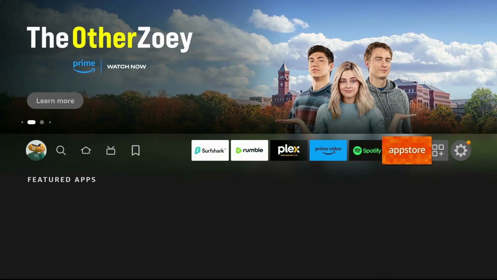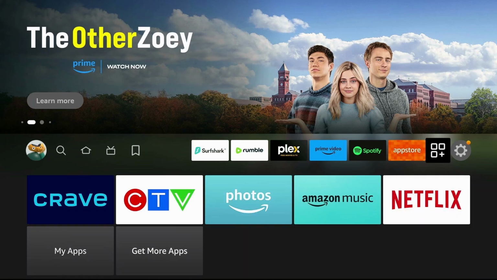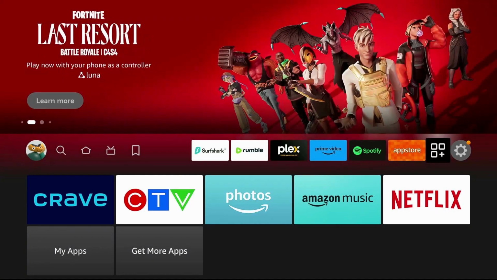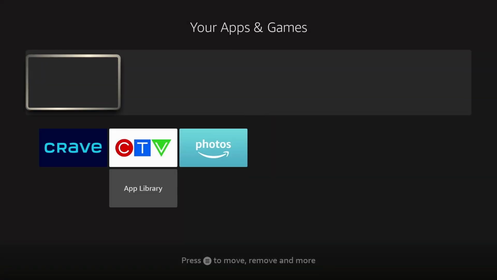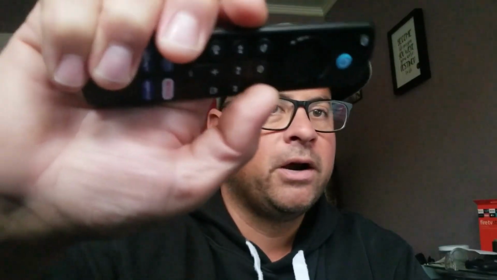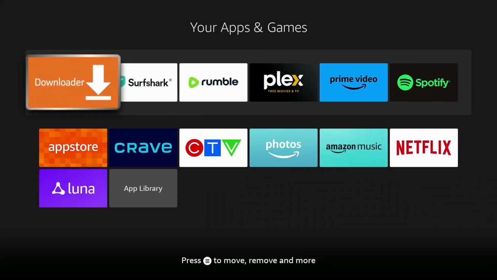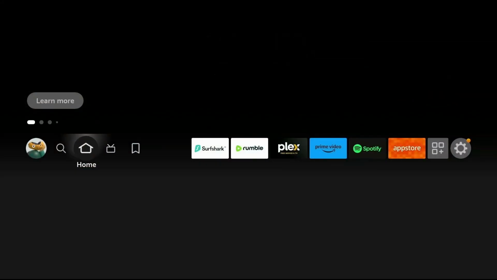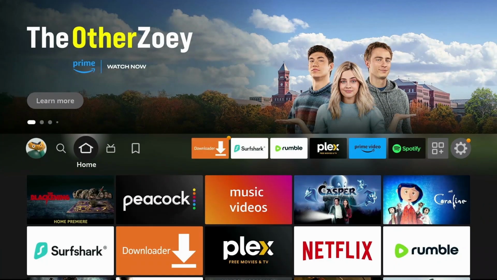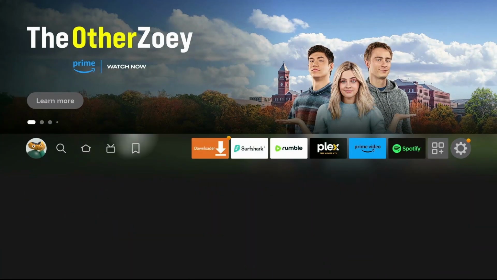So down in your apps and games, the little 3 squares plus sign icon, we can go find downloader, and we can use the little 3-line button on your remote or the hamburger button and move that to the front, because this is going to be our new store to find these applications. So as you can tell, when we go back to the home screen, downloader is there now as a shortcut